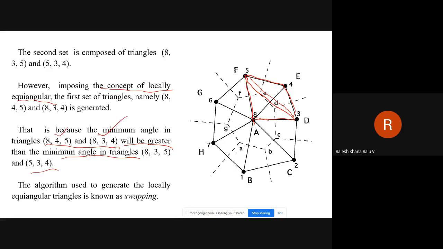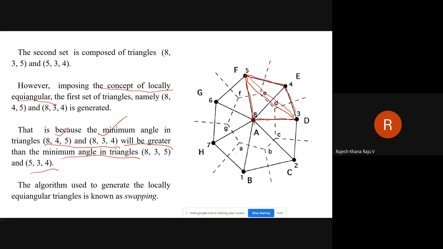That is what we say is the concept of equiangular. Now, let us say you have already formed the triangles 8, 3, 4 and 8, 4, 5, and we found that the other one is the best one. Then we will swap the triangles by changing the diagonal position from one side to the other. If the other one is greater, we will remove the diagonal 84 of this quadrilateral and join 35.